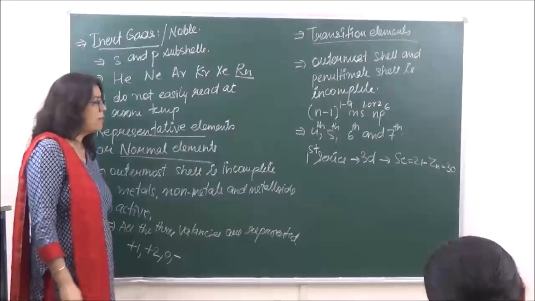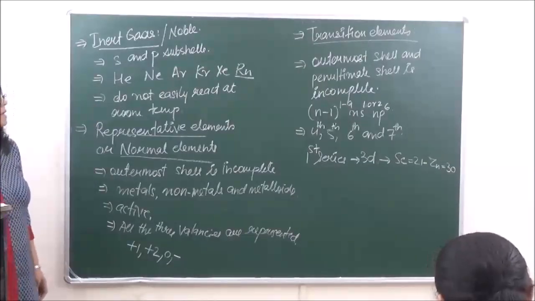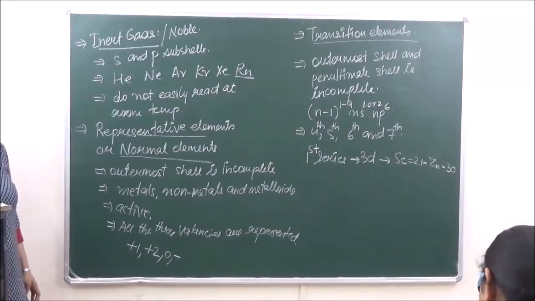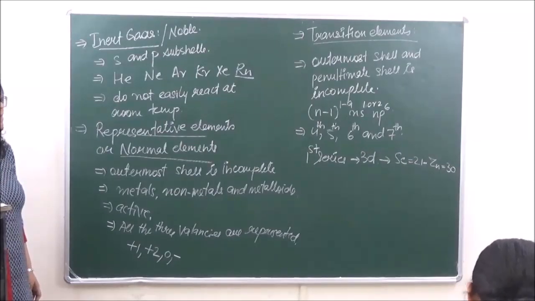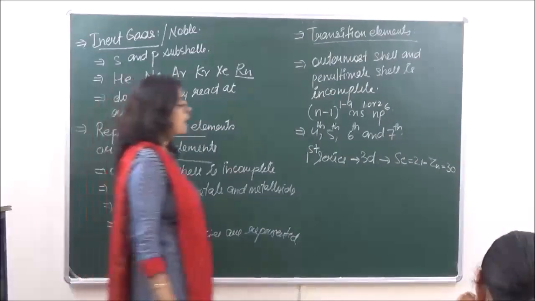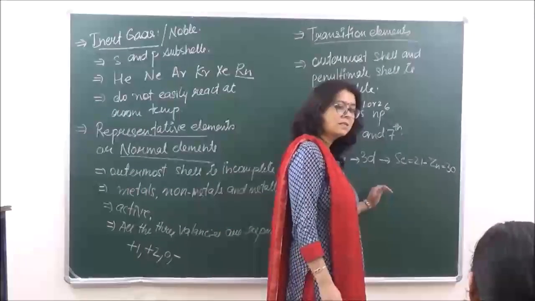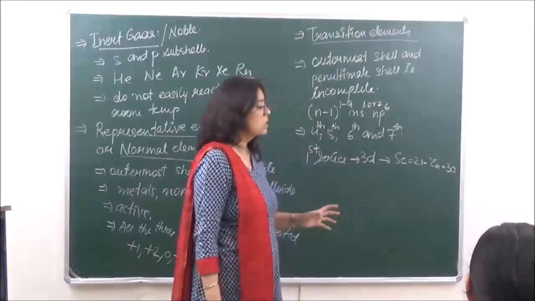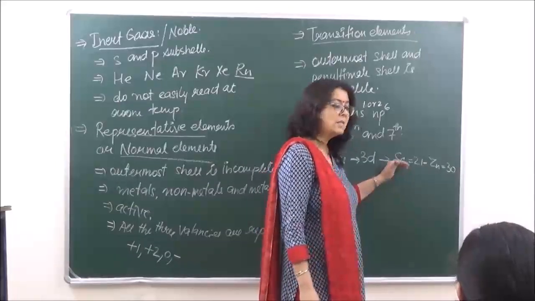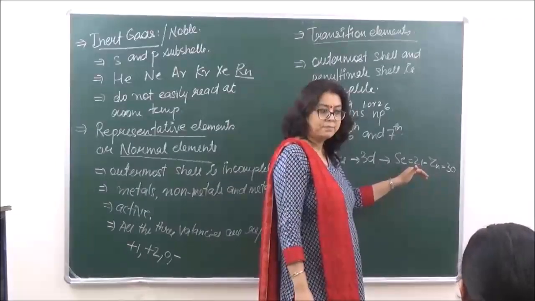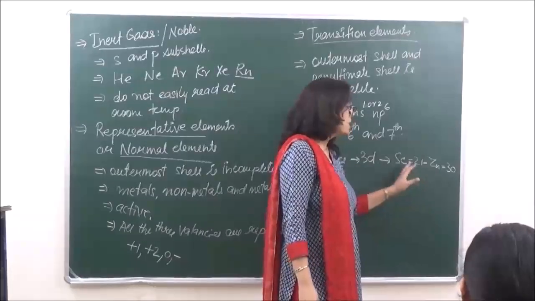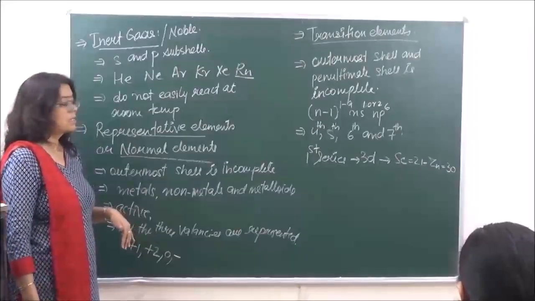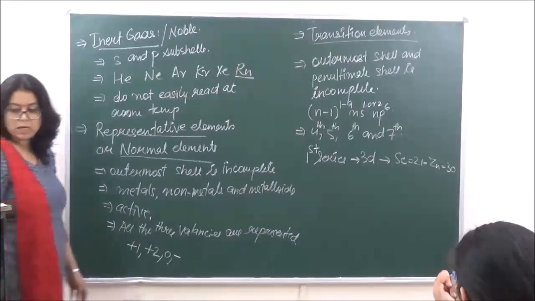We will do it in detail once you go to the transition elements. But right now you should know that the first transition series is the one in which we are going to fill 3D elements. Okay, so how many elements should be present? There should be 10 elements, but the last element zinc is not included because it does not correlate with the definition of the D block elements. So there are 9 elements present in this series starting from 21 to 29, which is copper. Okay, but because zinc is placed at the end of this series, it is also taken in the transition series. Then the second series present is going to start from yttrium.